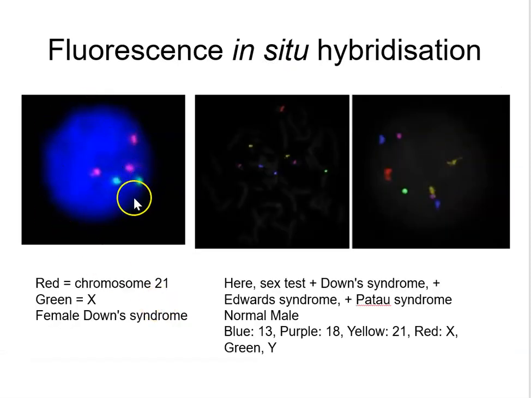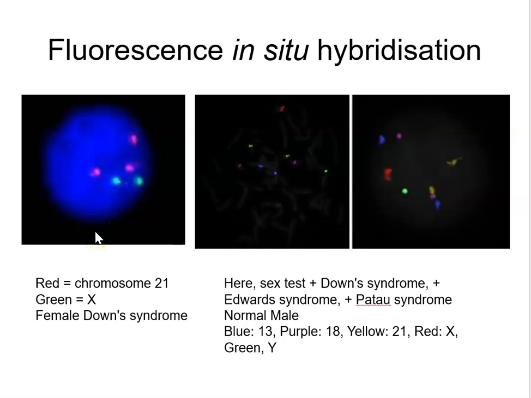So in this particular example, we don't actually need growing cells for this, whereas we did for karyotyping, where we needed cells which are alive, cultured and stopped at metaphase. What we can do here is take cells in interphase. That's the part of the cell cycle that cells are in most, G1, S and G2. And in interphase, the nucleus just looks like a fuzzy blue blob because all of the chromosomes are decondensed and